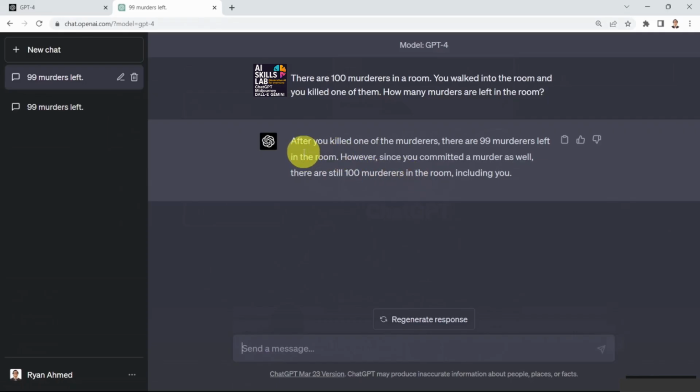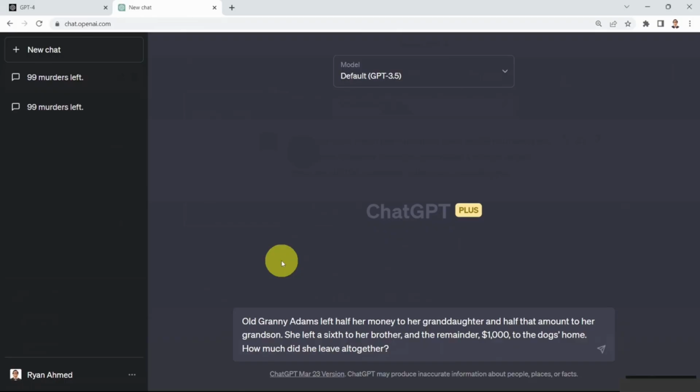Let me show you another example. Let's assume that old Granny Adams left half her money to her granddaughter and half that amount to her grandson. She left a sixth to her brother and the remainder, which is $1,000, to the dog's home. How much did she leave altogether? These are kind of math problems, and we can simply use the exact same math problem and pose it to ChatGPT and GPT-4 and try to see if they are able to reason and calculate these equations. So if you press enter on your keyboard,